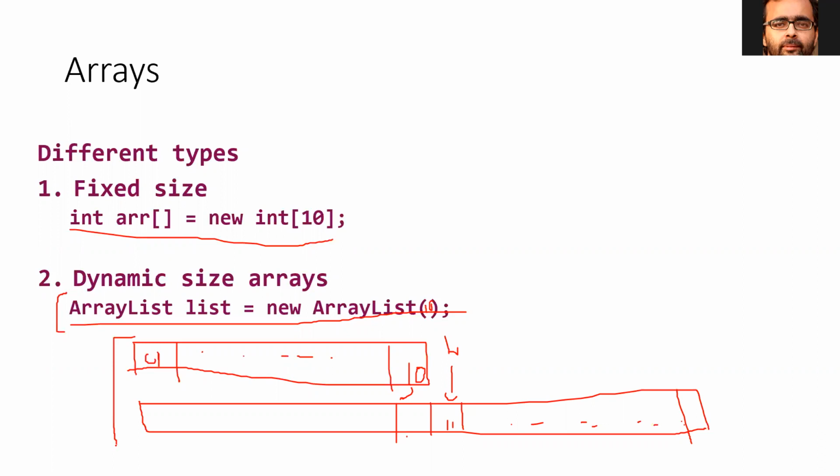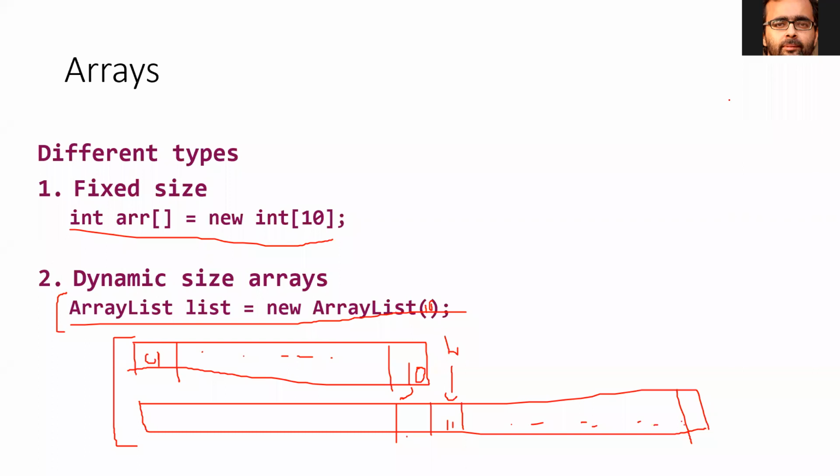It is a bit complicated, like you have a load factor. And what is the load factor? It is not exactly that once you have the 11th element, only then you double the size. There are some factors like load factor, something like 75%. If the array is 75% full, then it will increase by 1.5 or 2 times.